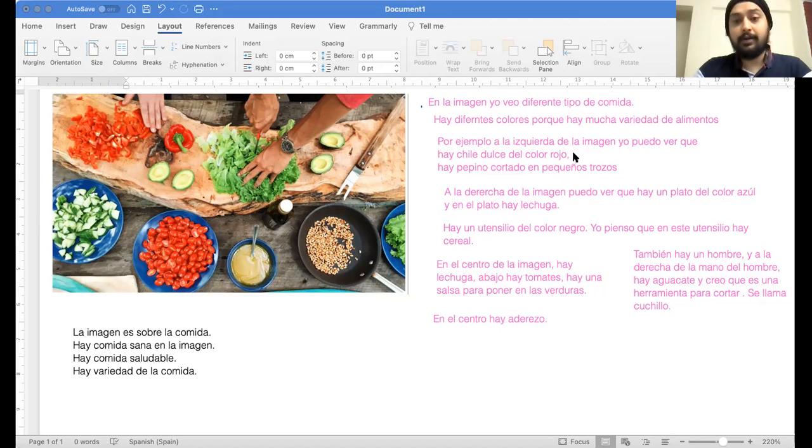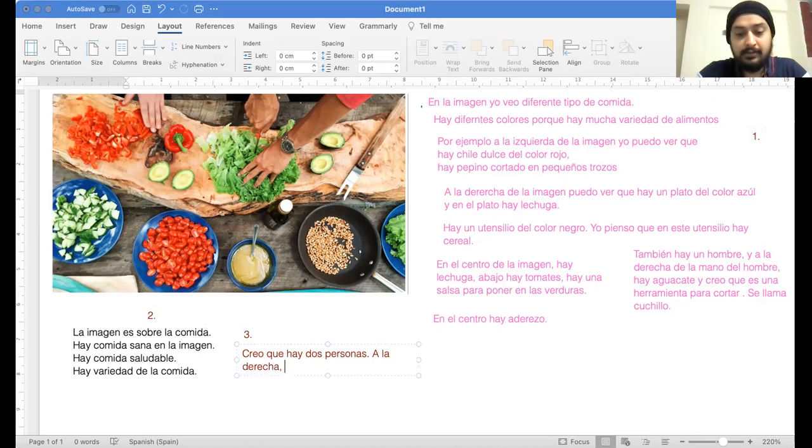Now let's come to the third part. The third part is what is happening in the image or what is going to happen. Okay, that's the first part, the second part, and the third part. What's happening? The man is cutting, mixing. Creo que hay dos personas a la derecha, to the right. Un hombre is cutting lettuce, está cortando la lechuga